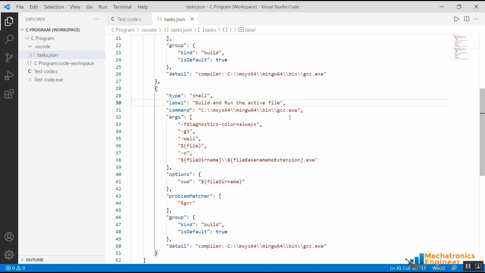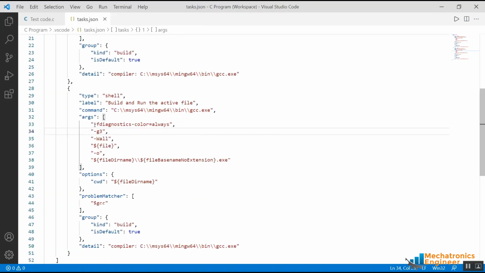Since we want to execute two commands, therefore instead of giving the arguments in this fashion, we will provide these arguments exactly after this command. So before that, let me close this Explorer window. Okay, so we can copy these arguments one by one and just paste it at the end of the command without any comma and by just adding one space. Similarly, copy this -g3, add a space and paste it,